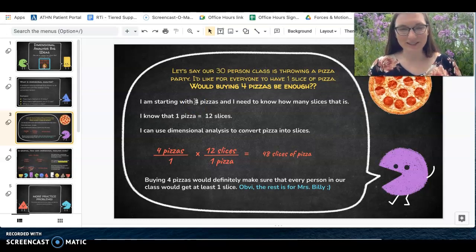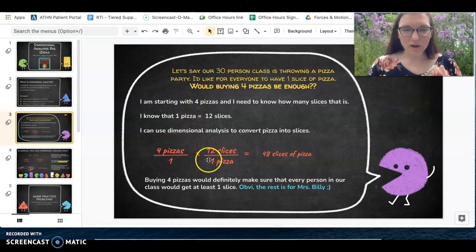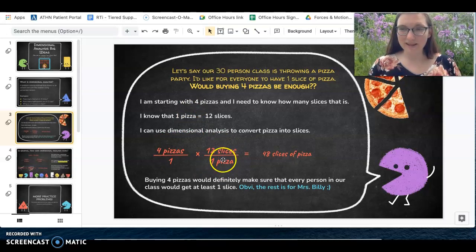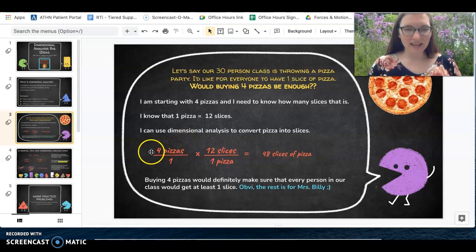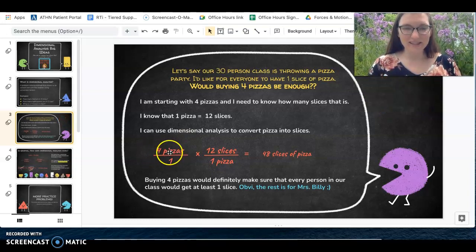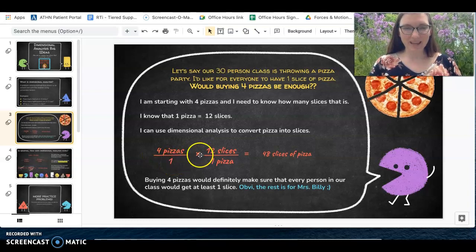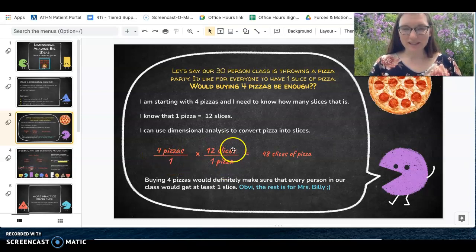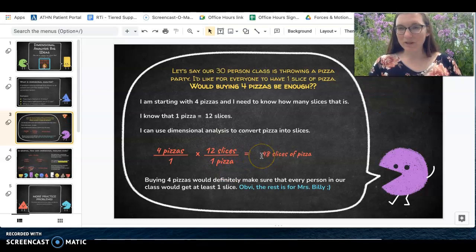slices for 30 students. So if I know that there's 12 slices in 1 pizza, then what I can do is I can say 4 pizzas. I have 4 pizzas, and I'm going to put that over the number 1. And then I know that there's 12 slices per pizza, and so that's going to give me 48 slices of